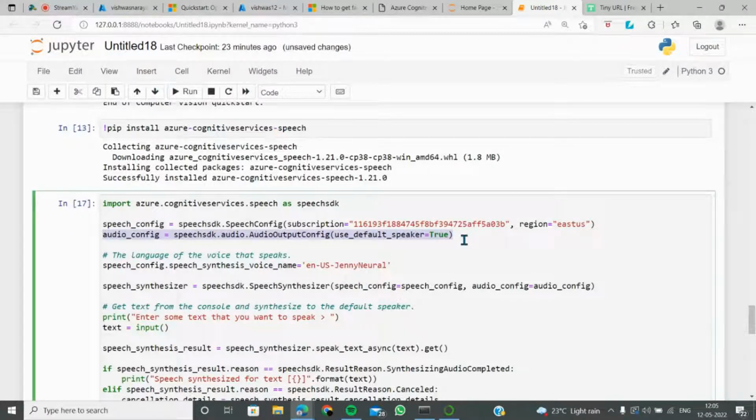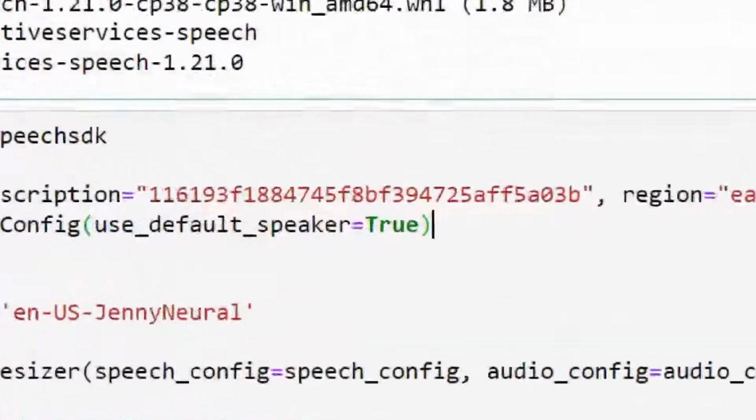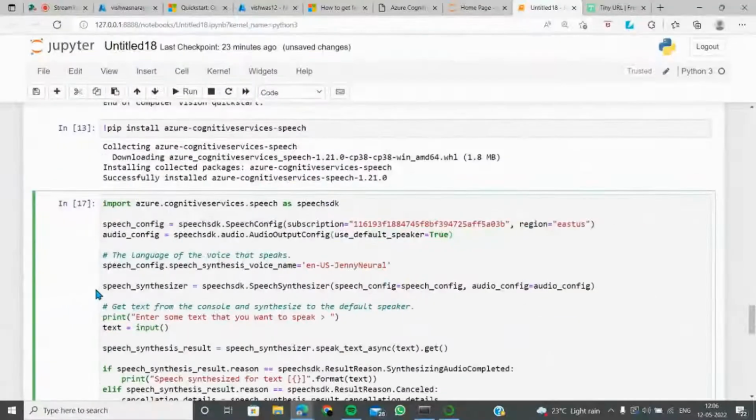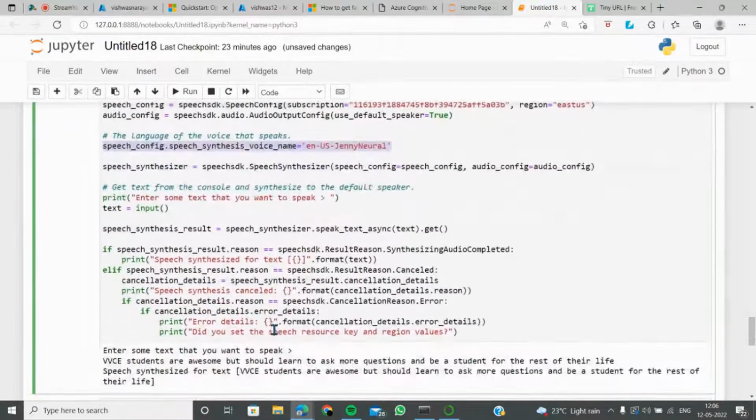Of course, the speaker needs to come up. That's my computer speaker which is getting used. So it's now saying use my default speaker, and this is how it is. So you guys can start using it. Speech cognitive services, of course, this is using English US. So I type anything in English.